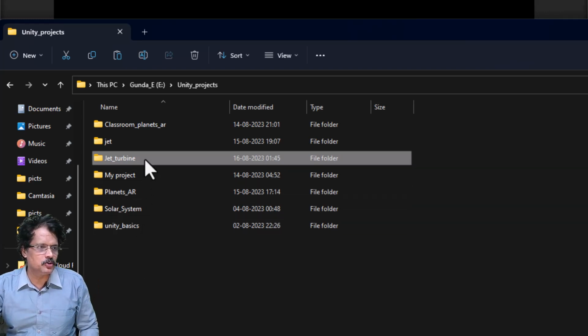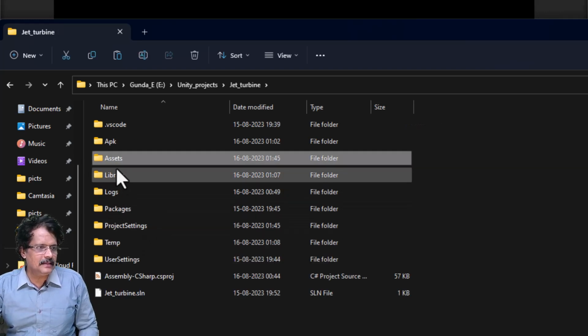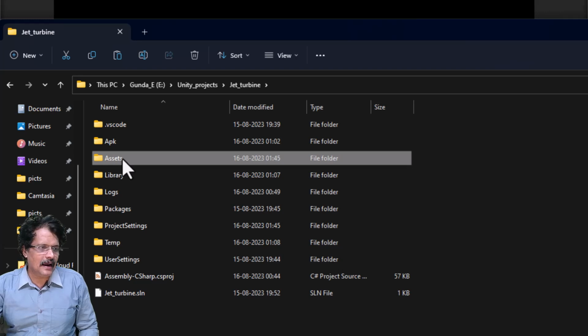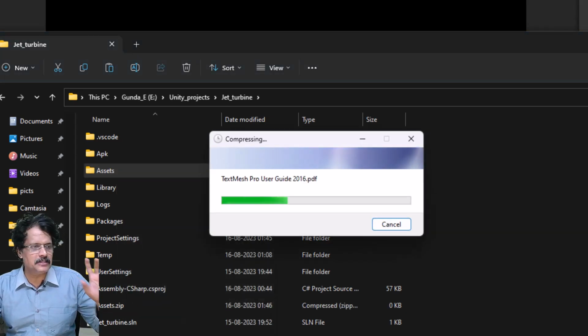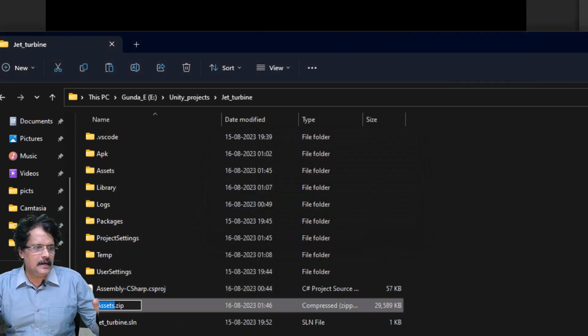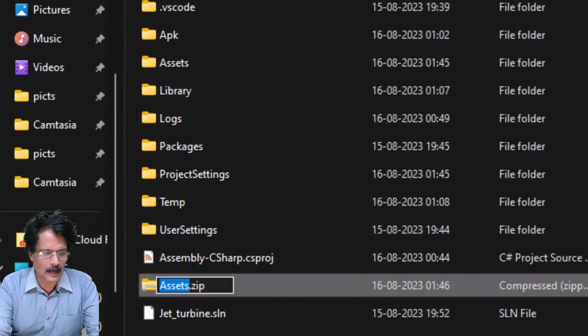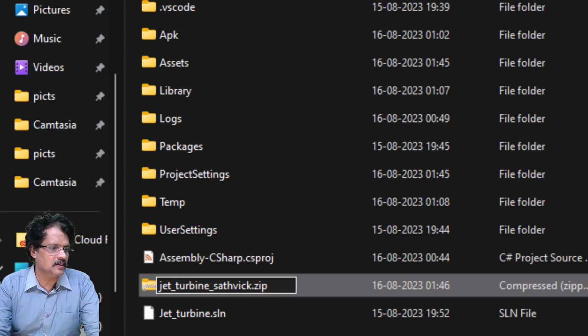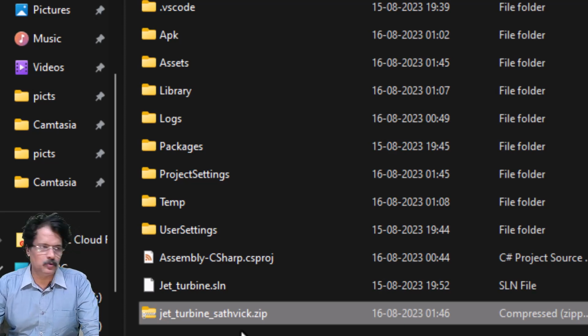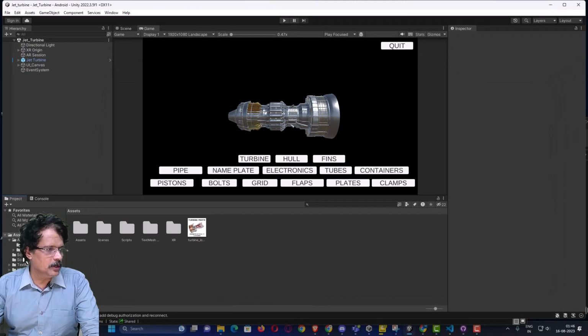You need not share this entire 3.15 GB of content. What you can do is you just open it, select this assets and right click on this and go to compress to zip file. So, you compress this assets file along with the APK, and I name this as jet underscore turbine and then mention your roll number. Here I will write it as Satvik. So, this file you have to save, or otherwise what you can do is you can come to Unity,